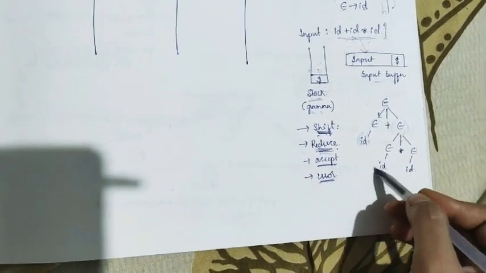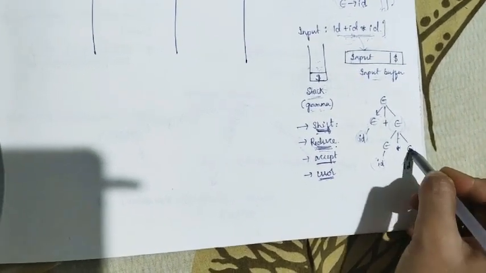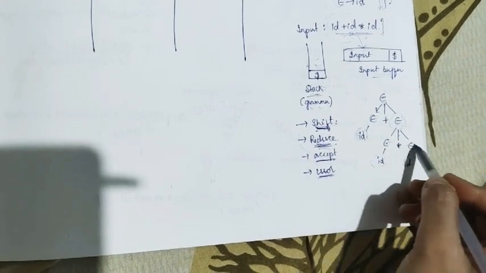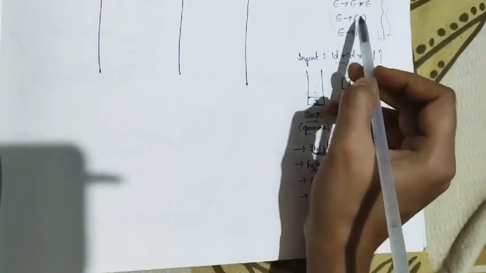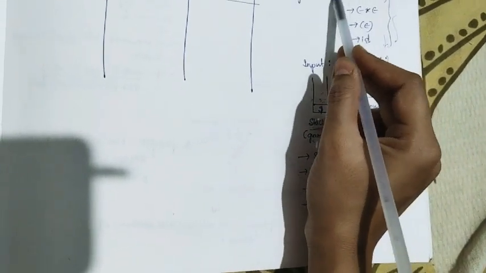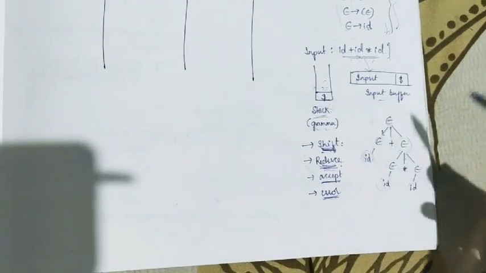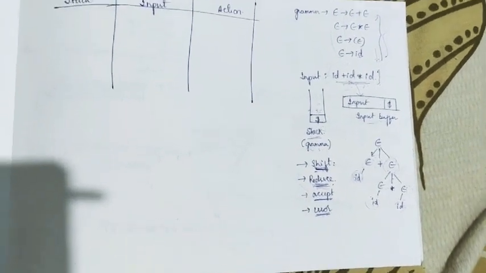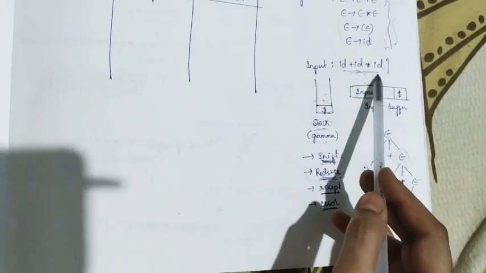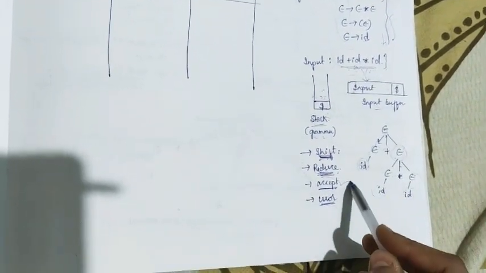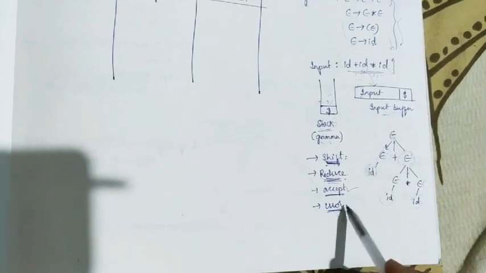Again, from this particular ID I am obtaining the start symbol E, and from this particular ID as well. Once I have E plus E, using this E plus E, I can obtain one more start symbol E because I have a production E plus E which gives E. So this is how we start from the bottom and grow towards the top. That is, we see to it that the start symbol can be generated. If the start symbol can be generated for the string that we have given, it means that particular string will be accepted. If the start symbol cannot be generated when we do this bottom up parsing, then an error will be thrown.